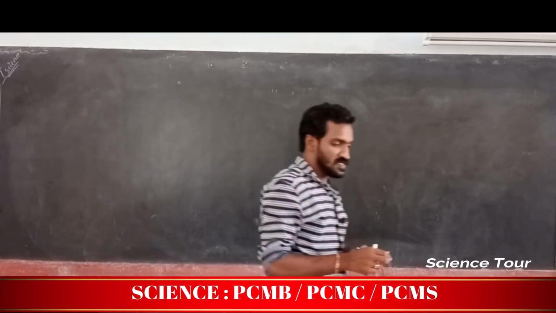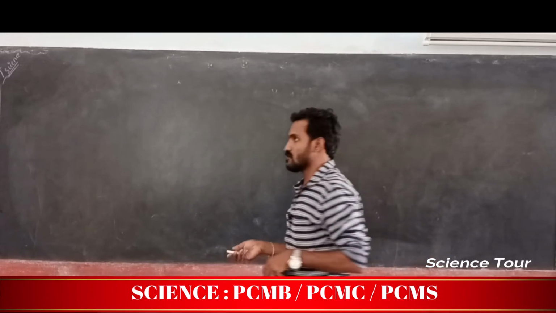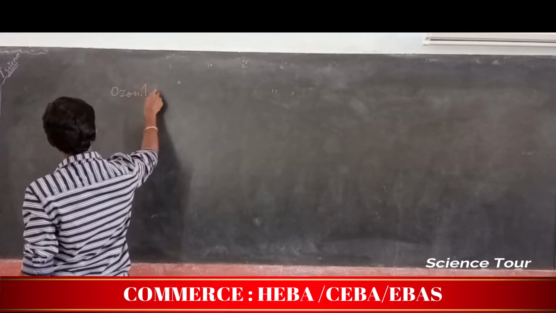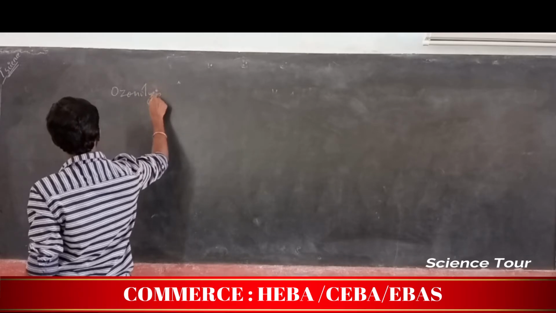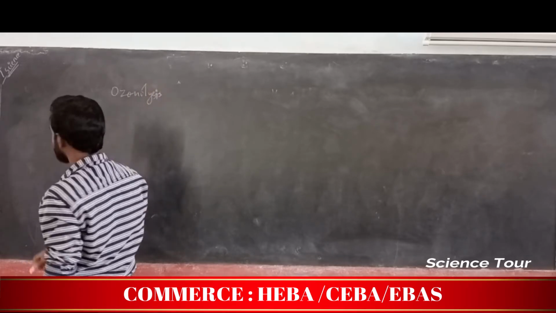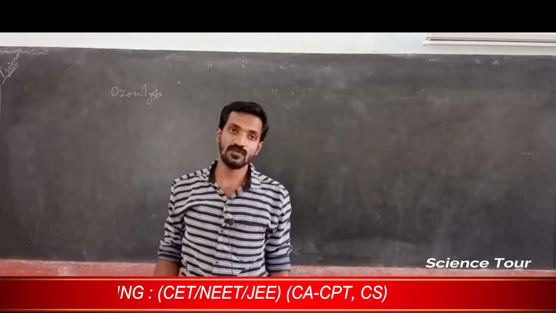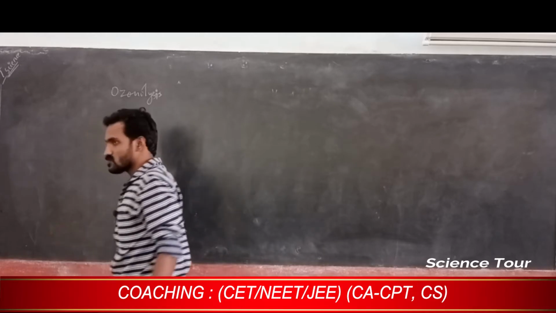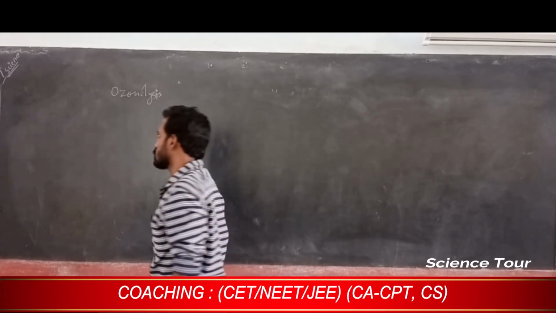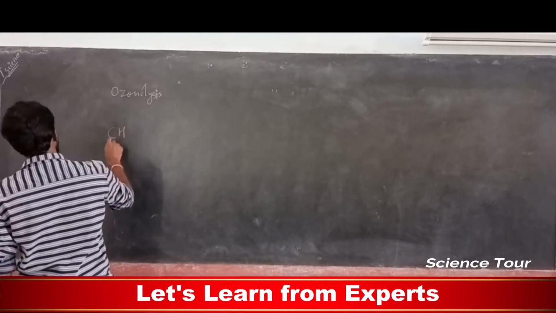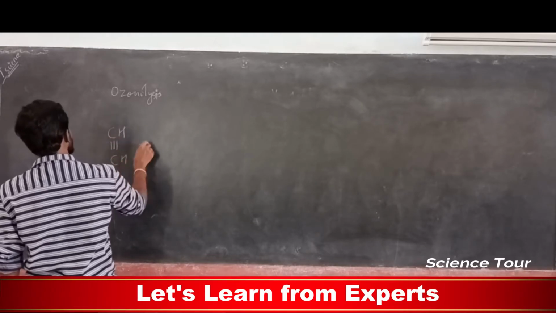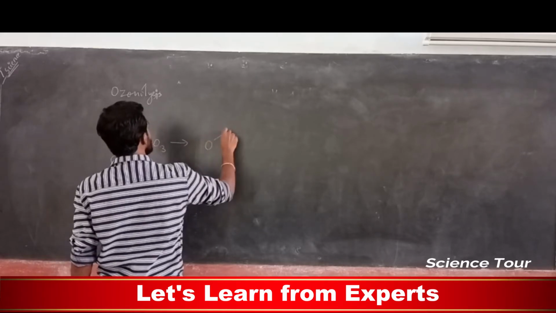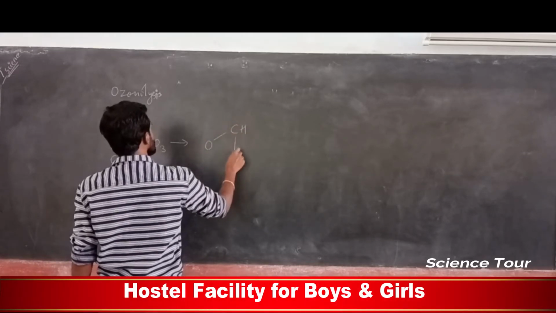Okay, my dear students, next we are going to discuss ozonolysis of this particular compound. Ozonolysis means, in the last class we discussed adding ozone into a double bond, in alkene. But now acetylene is taken, reacting with ozone O3, it gives, my dear students, ozonoid.